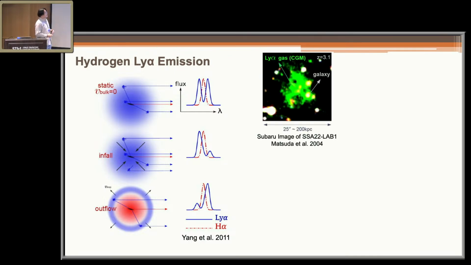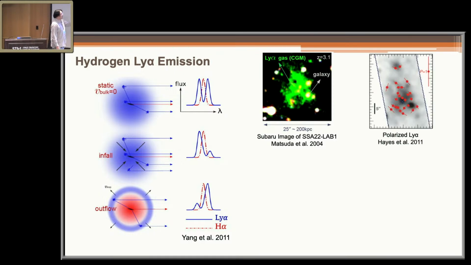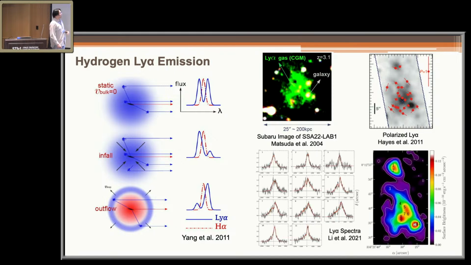This is one example of a Lyman alpha observation. This is a Lyman alpha blob in the high-z universe. The size of this blob is over 100 kpc. It's the largest system. In the polarimetric observation, the Lyman alpha is strongly polarized. The degree of polarization is larger than 10%. This is hard to understand by dust scattering or a magnetic field because it's too strong. And the KCWI observation result,